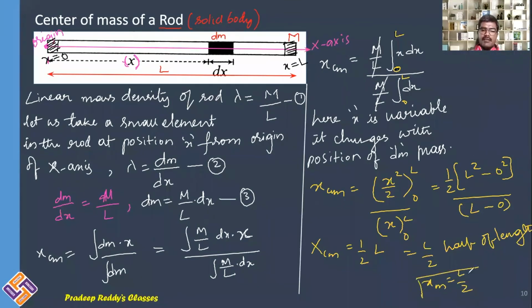That means the center of mass is located at a position which is exactly half of the length of the rod. That means for the whole rod, its center of mass is situated at the geometrical center, at this position where you will have the center of mass. This is xcom, which is exactly half of the length. From here to here, this length is half. So the center of mass of a geometrical rod, which has its mass extending along its length, will have its center of mass situated at the geometric center.